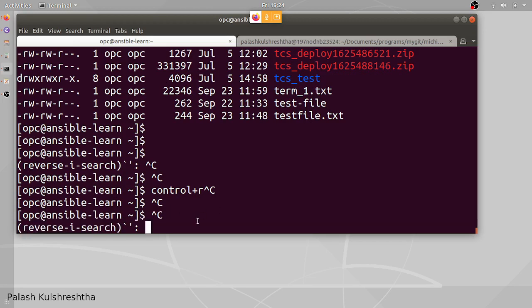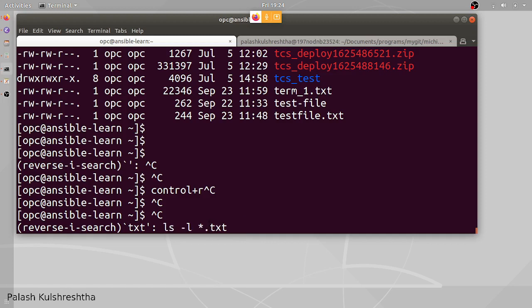Now let's try to find the command that I'm looking for. txt. So it is showing the command in which I had written txt anywhere is this. If I press Ctrl R again, it is going to provide me the second last command. If I press Ctrl R again, it is going to give the previous command.